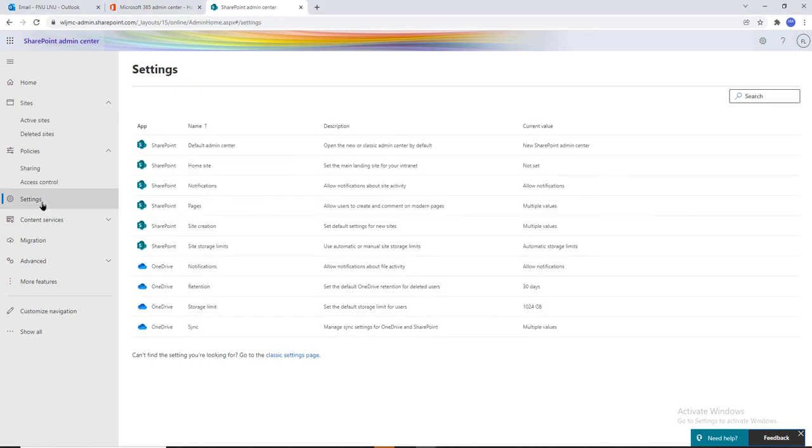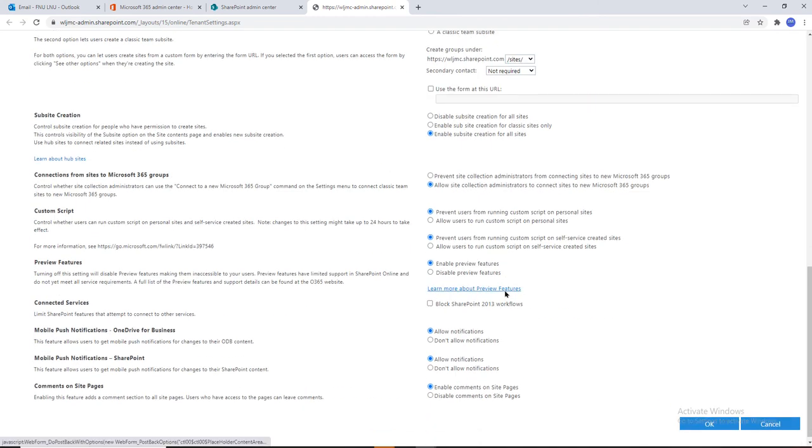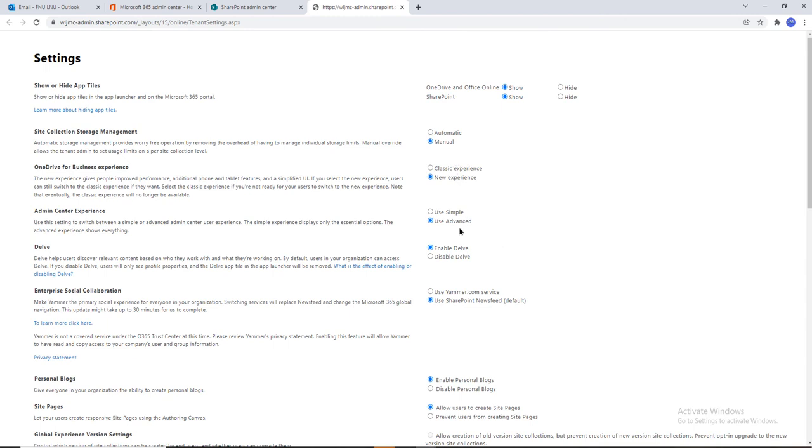Settings. Using these settings, we can control which features are available to the user. Click on the classic settings page to navigate. Here, you can manage all these features like